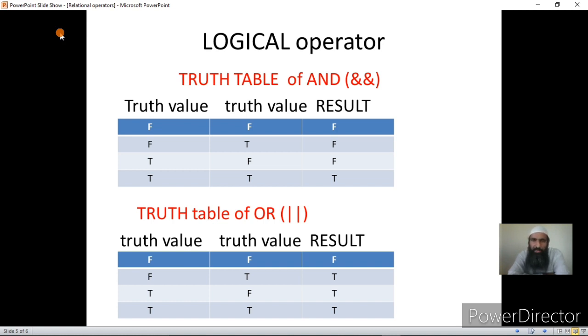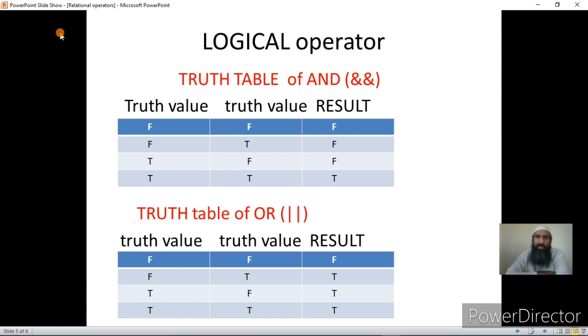So AND, OR, and NOT, all three produce results in the form of truth values, and those truth values will not be represented by words or letters, true or T or false or F, but actually they will be represented by numbers. Once I go into the IDE, I will show you how these values are numbers and they are not actually alphabets or words.